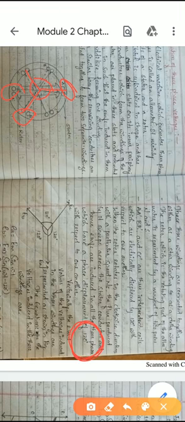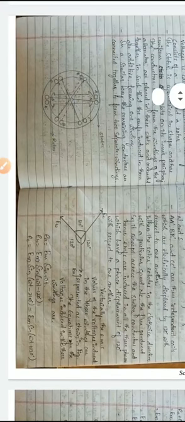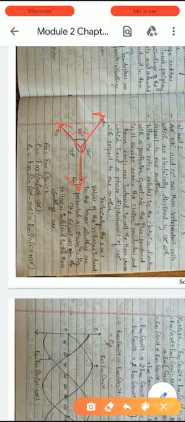So hence we can vectorially represent this as: this is the first voltage, and the second voltage will be lagging by 120 degrees, and the third voltage will be lagging by 120 degrees with respect to the second voltage, and with respect to the first voltage it is lagging by 240 or leading by